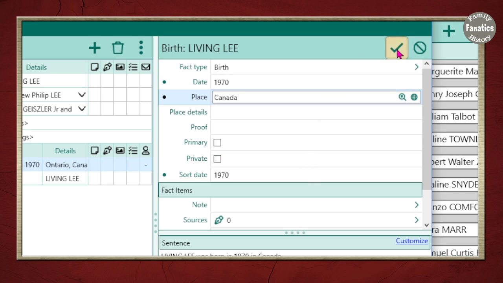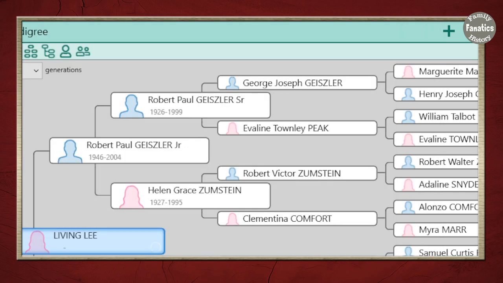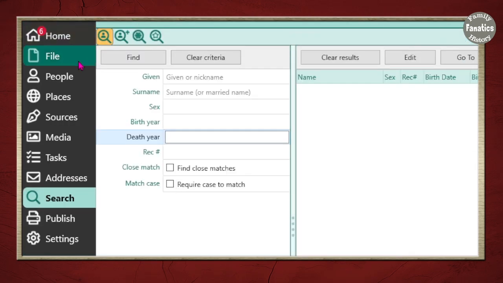Click OK. And then when I have found all the living people, I can go ahead and export. Now, how are you going to find the living people quickly? So in order to find everybody who's considered living in this database, I can click on search. You will normally be on this view. This won't help you get to the living.